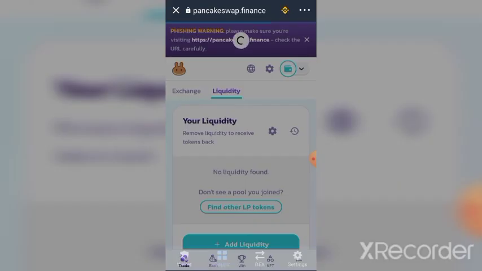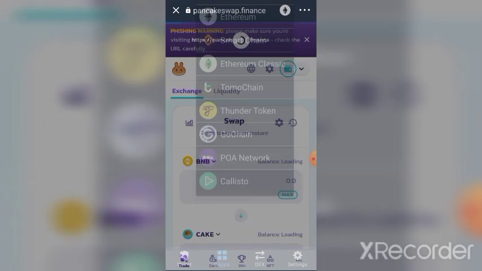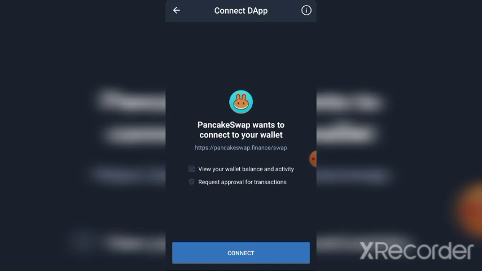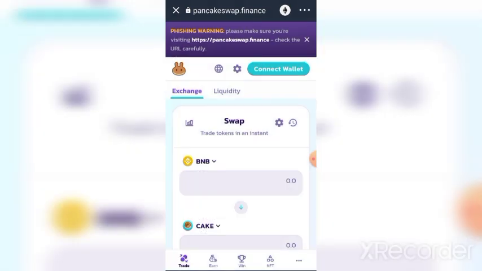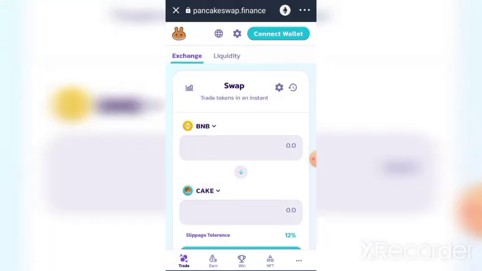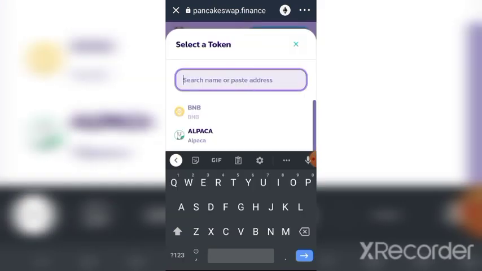right? And you make sure that you select whatever you want to swap. If it is ERC network, you come here, you click here, you change to ERC network. The same step. Once you change to ERC network and it has loaded, you need to connect your Trust Wallet, right? Once you connect your Trust Wallet, then this icon will change to ERC network. You connect your wallet. When you connect your wallet, you select Wakanda Inu and you swap it, WKD,